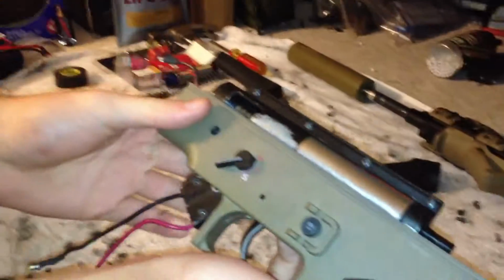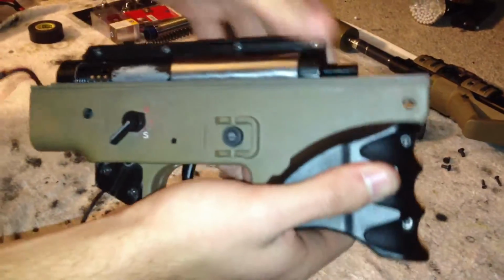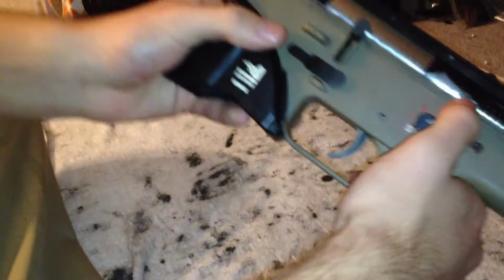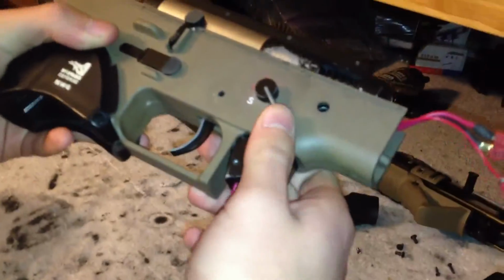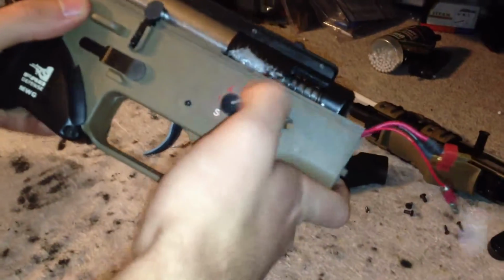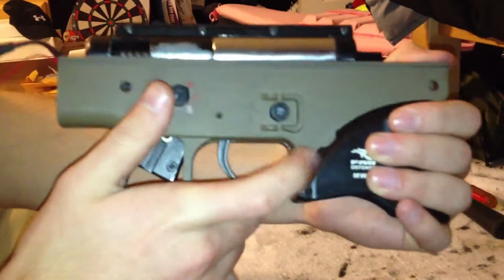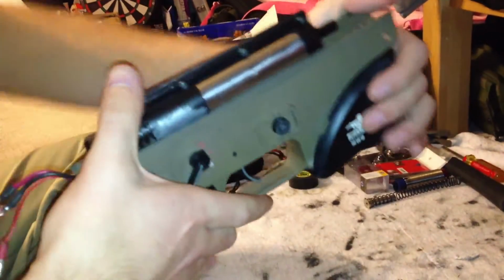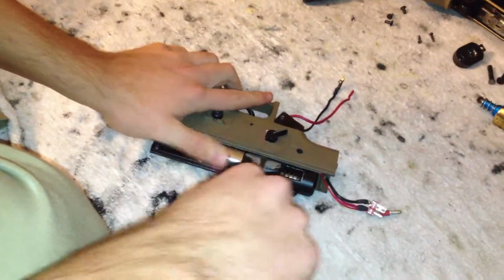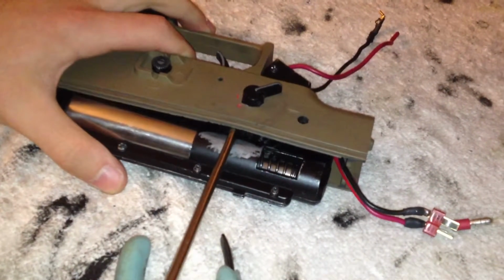Now that your gun is down to this, you're going to realize that you have a loose gearbox and some more fire selectors. Now, my fire selectors are not ambidextrous anymore. I disabled the ambi feature, so this one works. This one moves, but it has no effect on the gun whatsoever. So my disassembly will be much easier than yours. However, for yours, you'll have to take a flathead screwdriver,